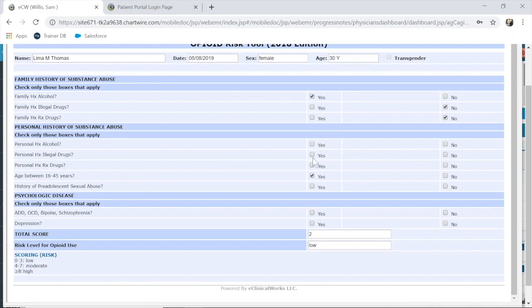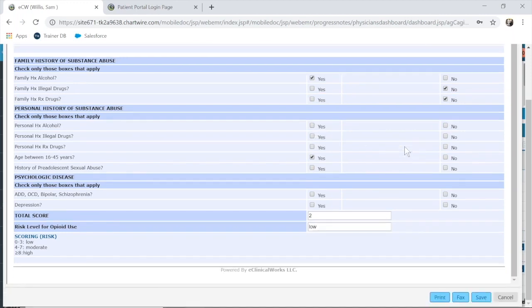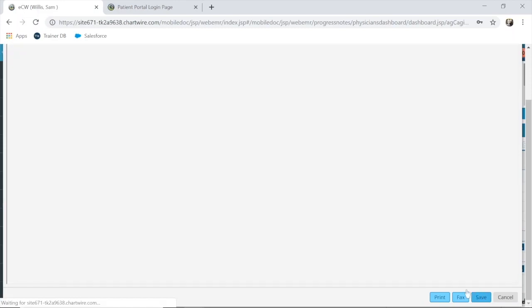As I said, you go through, answer these questions, and if you notice, obviously we would want you to fill it out to make it comprehensive and complete, but if you don't fill out a question, it will still allow you to save the smart form just as it does with tobacco use. So we would go through here, answer the questions, it would calculate our score at the bottom, and you can see if you answer yes to specific ones, it's worth specific values. After you fill it out, you can save it,